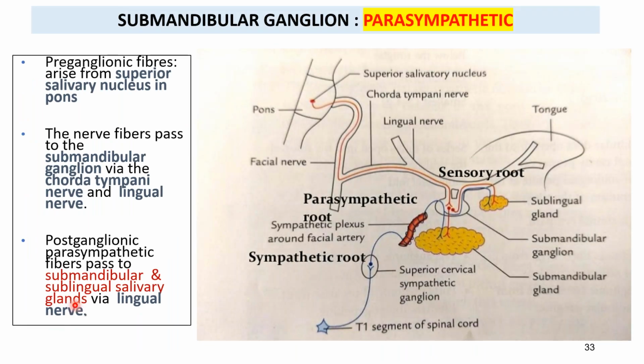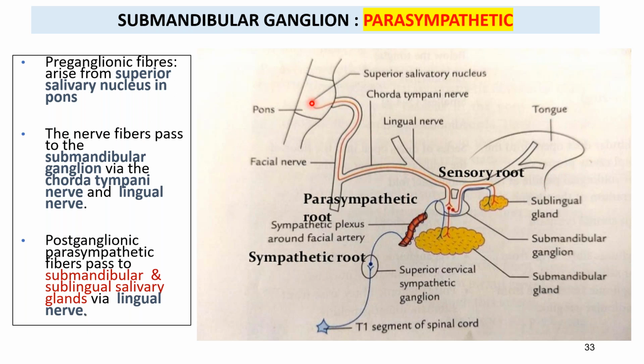Now look into this picture carefully. This is just showing the parasympathetic innervation flow chart. Also, we'll try to make the flow chart of the submandibular ganglion connection. Parasympathetic, so over here, this is a submandibular gland and sublingual gland. These two glands we will do together because both are supplied by the submandibular ganglion. So this is the submandibular ganglion. This is the region of the tongue.